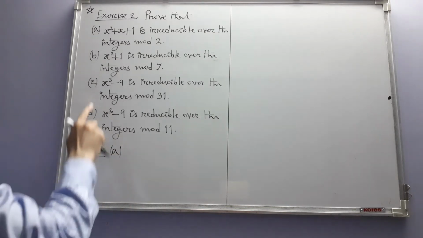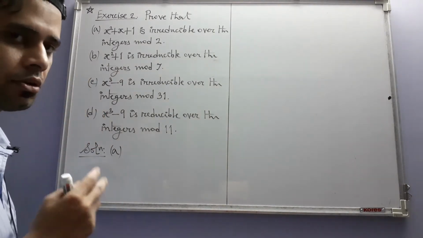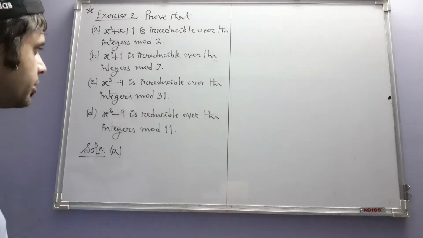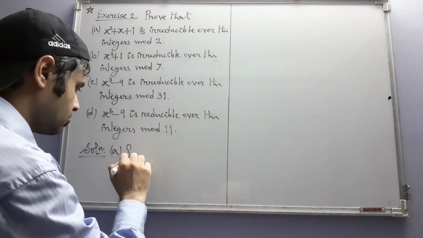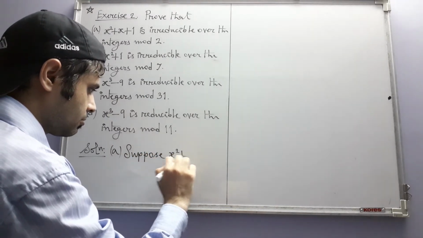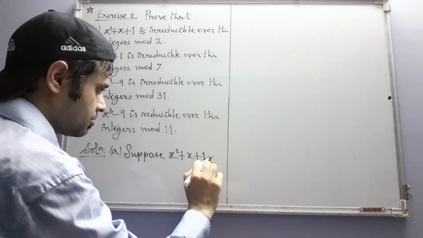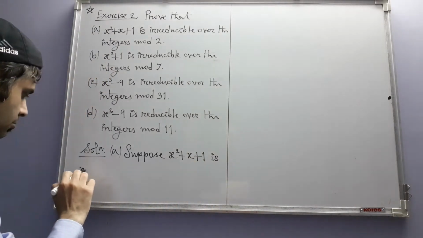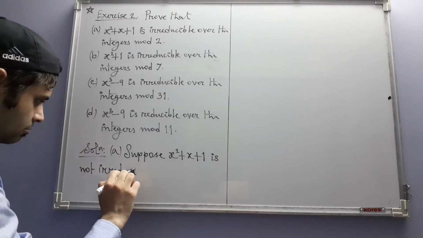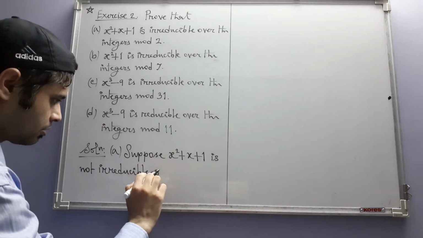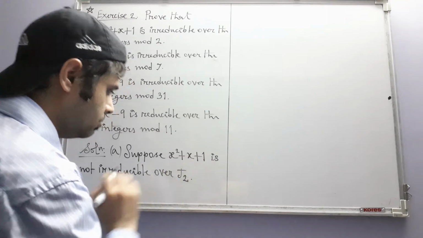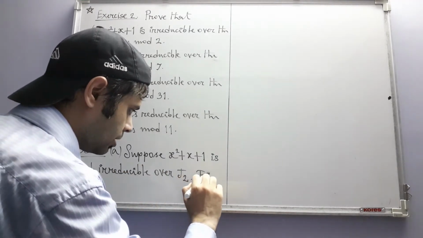So we start by assuming that the given polynomial is not irreducible over the given field, and then we will try to arrive at a contradiction. Suppose x square plus x plus 1 is not irreducible over the field of integers mod 2. Then